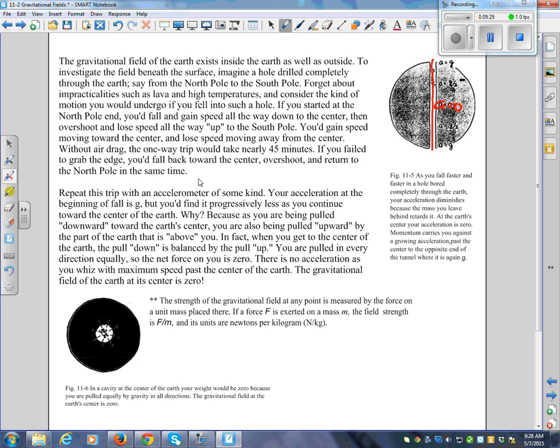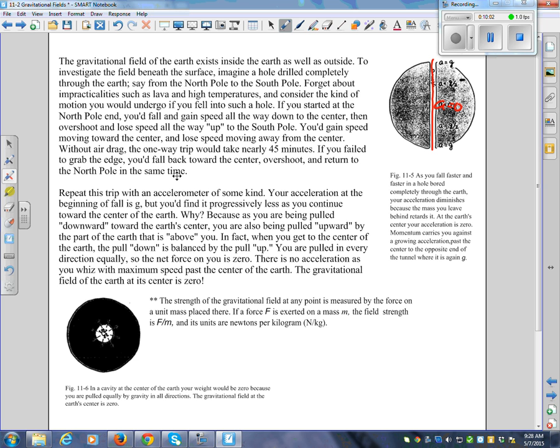No. Feet first. You'd be walking along and all of a sudden, whoop, up would come this person, feet first, upside down. And then he would fall back down again, right? You failed to grab the edge. You'd be trapped in this hole. You'd have to grab the edge or somehow grab a hold of something when you come flying out, right? Otherwise, you're just going to go right back down again, and all the way back up. And then when you pop out here in Dauphin, would you be right side up? Yeah, as long as you went like this the whole way, didn't tumble, I suppose. And no air.